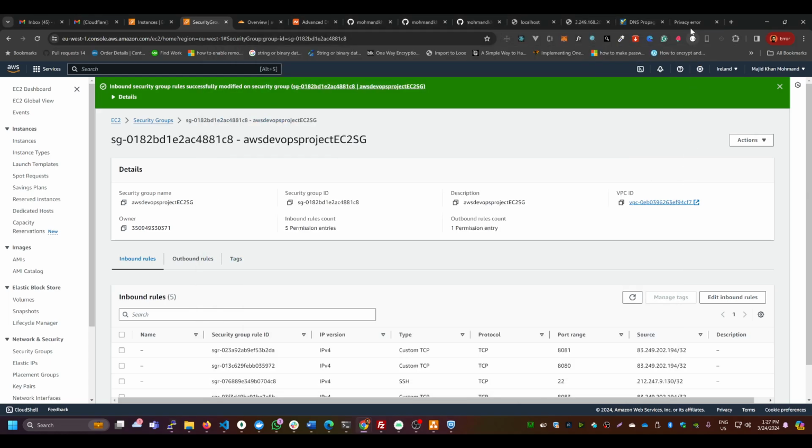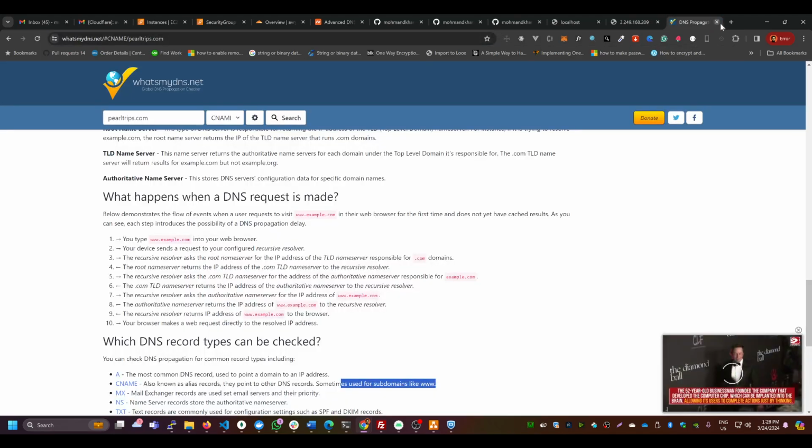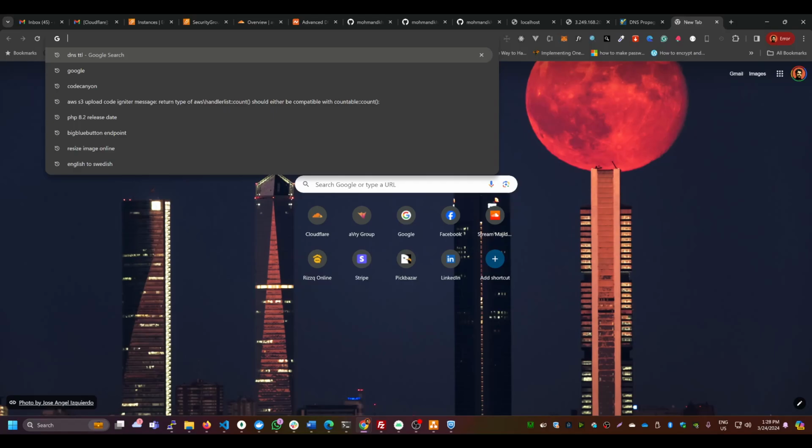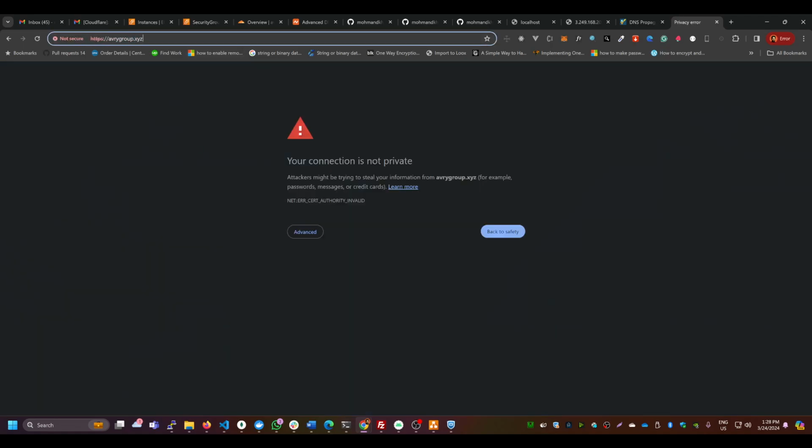Now let's go to the domain again, copy it and paste it here. Nope, it's not working. It still says HTTPS error. Okay,